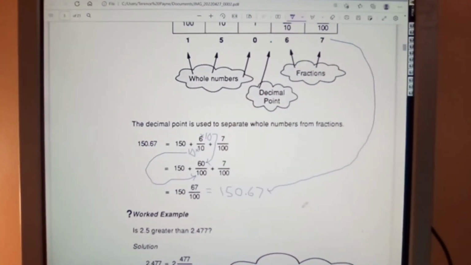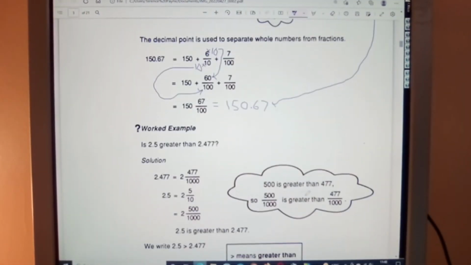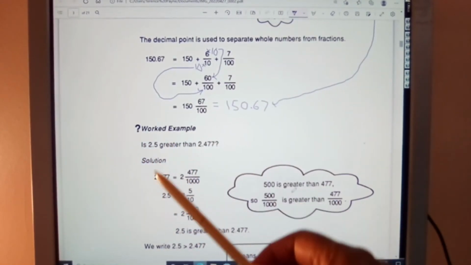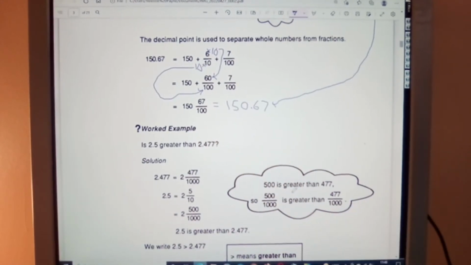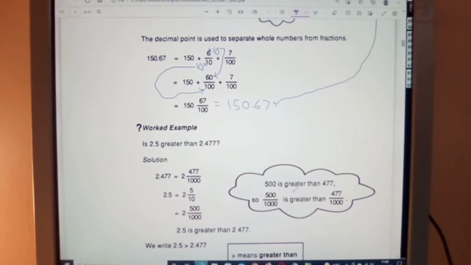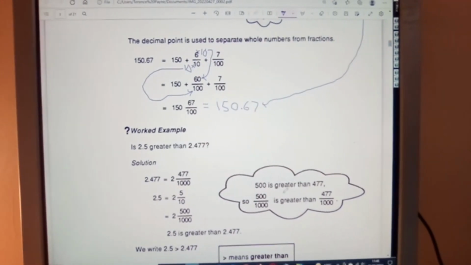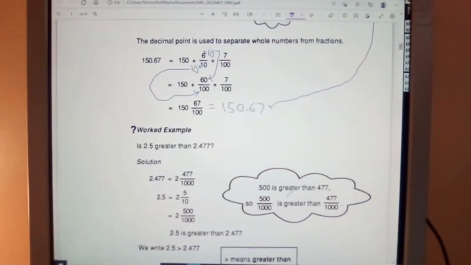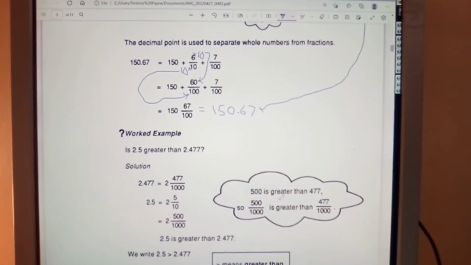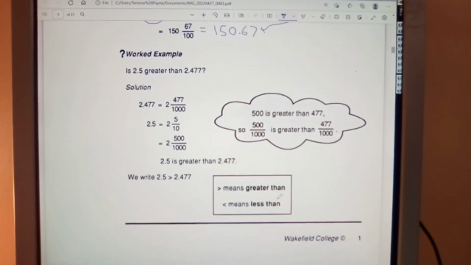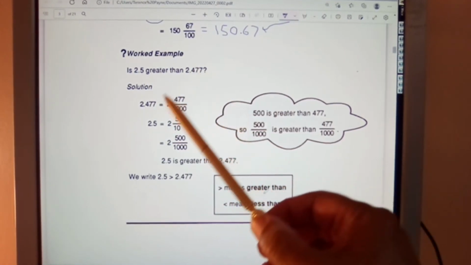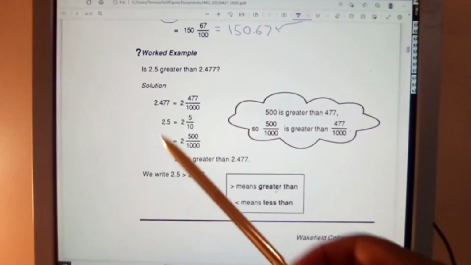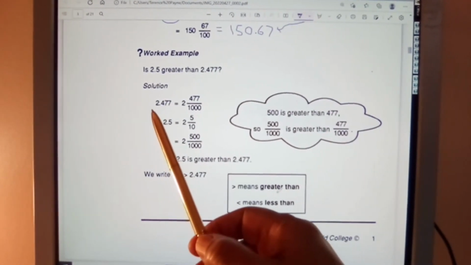So let's look at another work example again. Okay, and it clearly states here, work example. Is 2.5 greater than 2.477? Well, let's find out, shall we? Now, is 2.5 greater than 2.477? Solution. We need to write down 2.477, and it's equal to